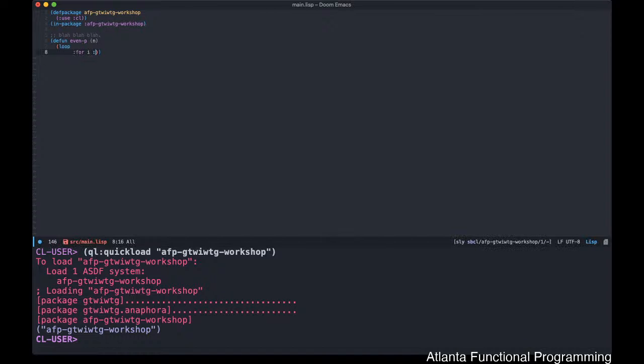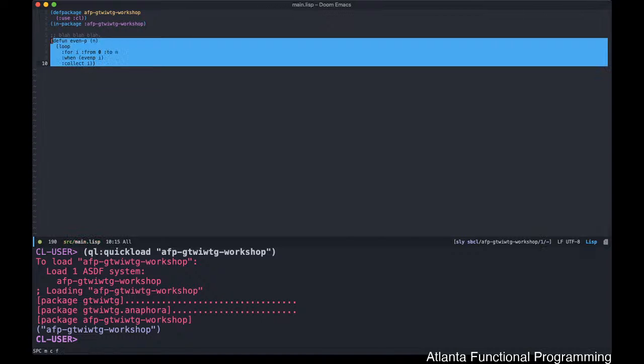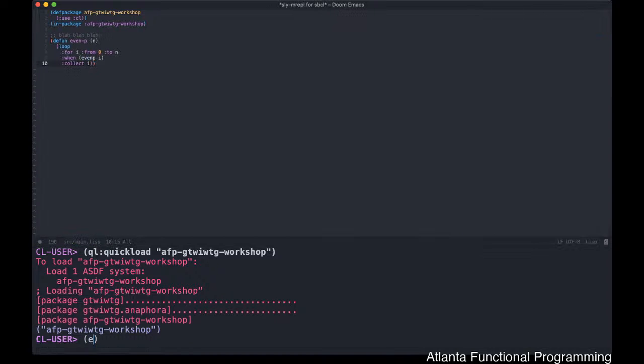So if we started, say, from 0 to n, and then we basically check when evenp i, we'll go ahead and collect i. Okay, so we compile this guy, and we can see that if we do evenp, say 100, it will,